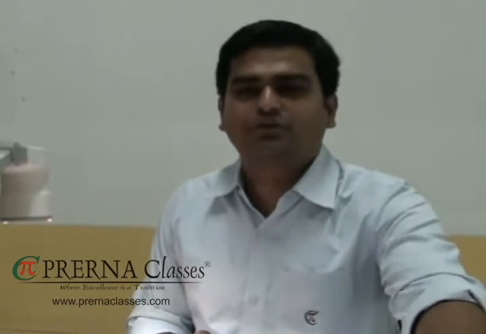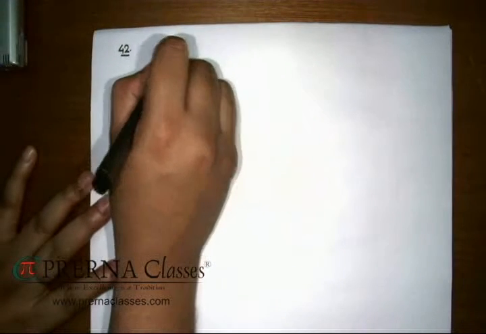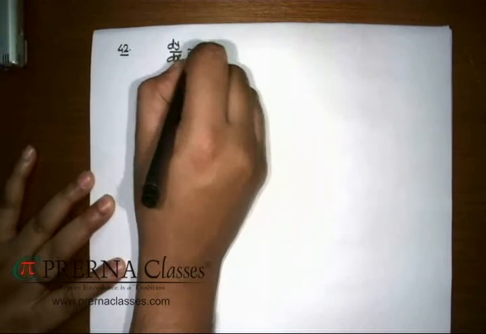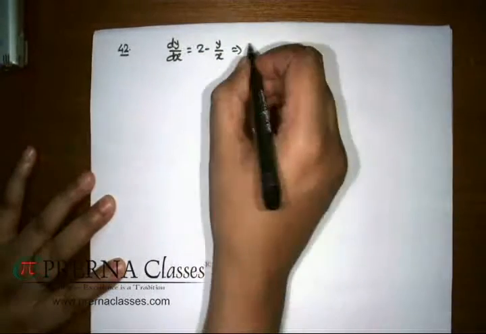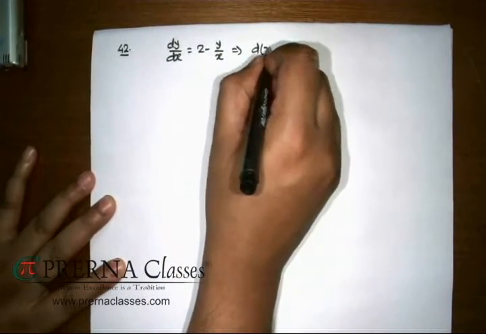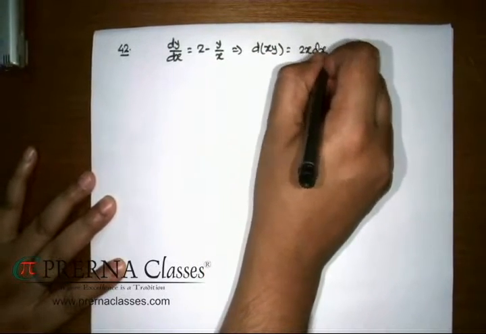The next problem is related with the next section, in which you have one or more than one option correct, along with step marking, provided you have not included wrong options. In the first problem of this section, you can check that a differential equation is given, which can be rearranged in this form.